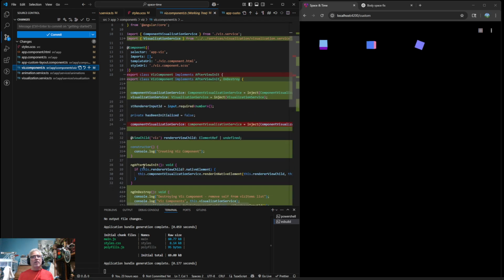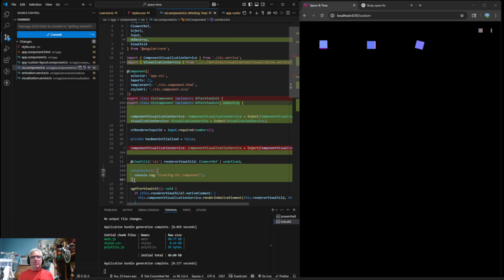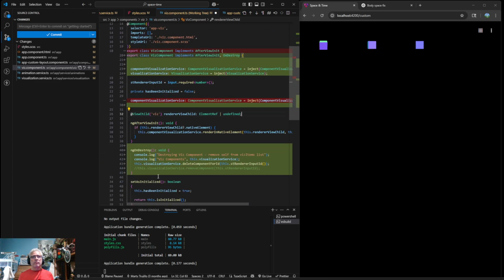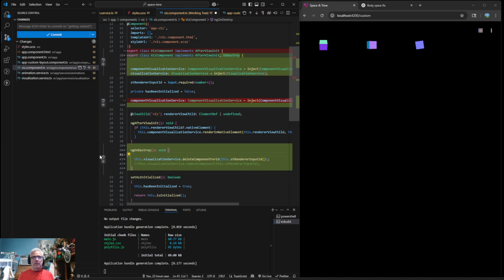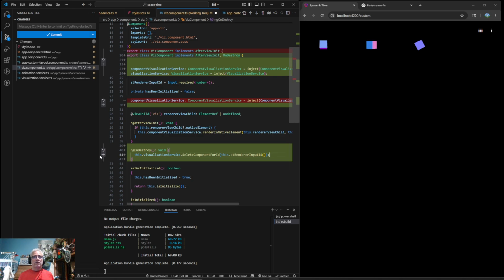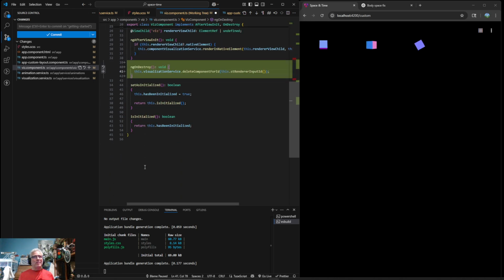Okay, so we definitely don't want this to survive any longer. And we definitely don't want these two console logs. Yeah, I guess this is a good commit point.